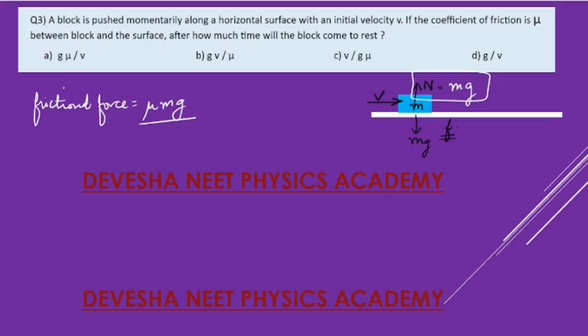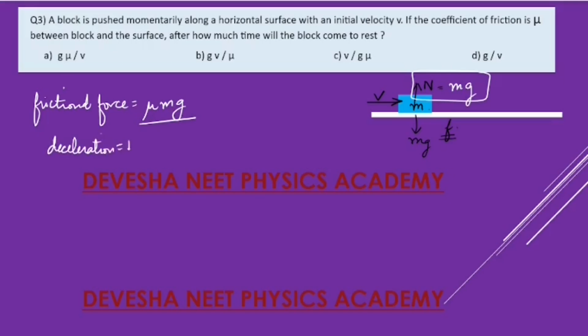So friction force is equal to mu m g. Now we are pushing the body with velocity v, and this frictional force will cause a deceleration, which is a negative acceleration for this body moving at velocity v. And what will be the negative acceleration? Negative acceleration is also called a deceleration,